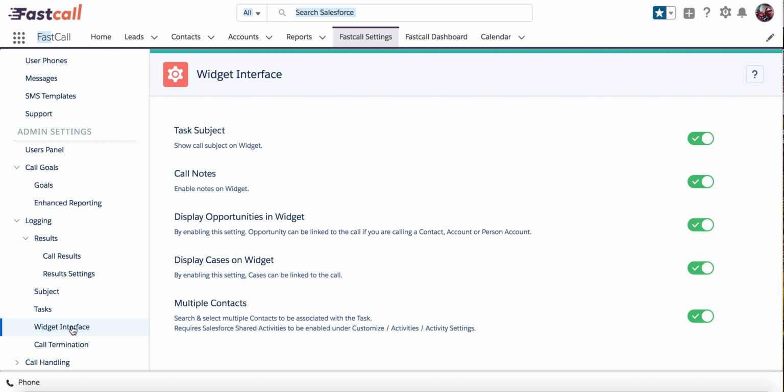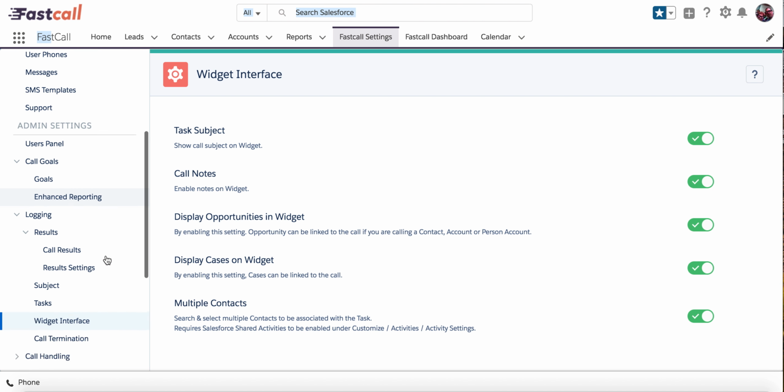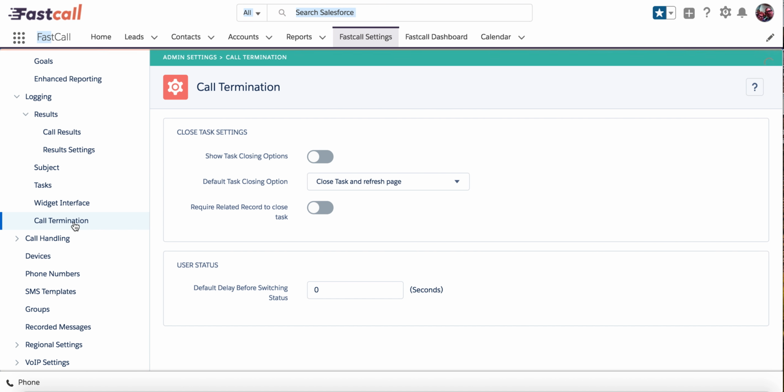Widget interface gives you some more customization around the widget itself. Do I want to see the subject? Do I want to see notes? Am I going to add a lookup to opportunities, to cases? Am I going to enable multiple contacts within an account? So if I call an account, I can create a multiple contact lookup relationship, which does have to be enabled in Salesforce. And then finally, some information about call termination, some options around how we terminate calls, including the ability to